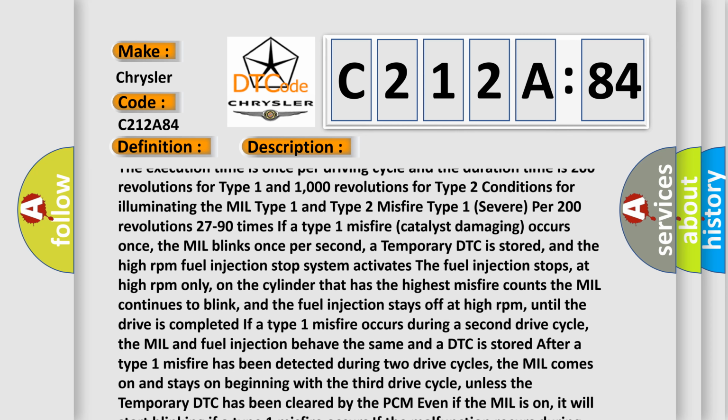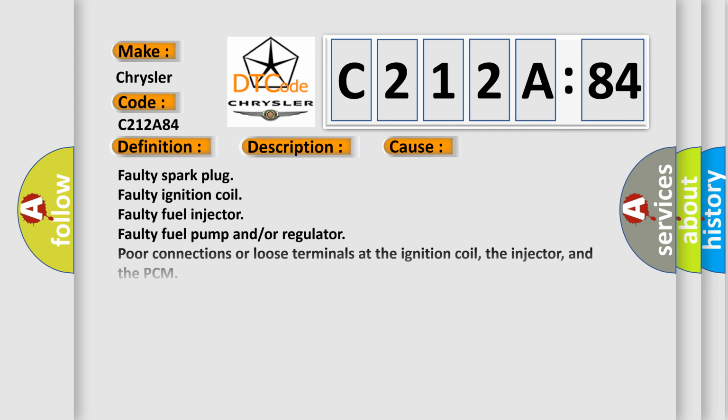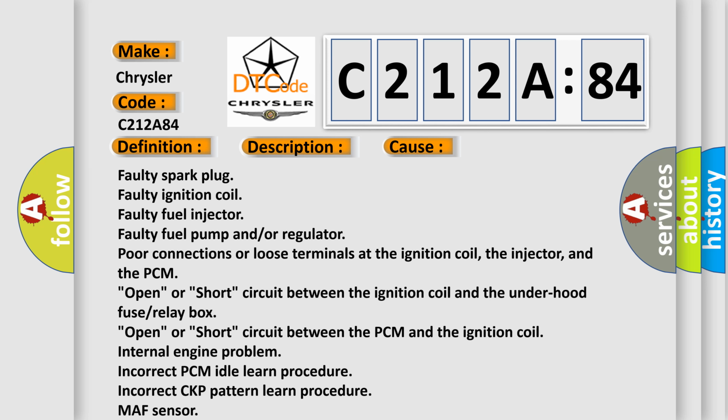Record all freeze data and any onboard snapshot. This diagnostic error occurs most often in these cases: faulty spark plug, faulty ignition coil, faulty fuel injector, faulty fuel pump and/or regulator, poor connections or loose terminals at the ignition coil, the injector, and the PCM, open or short circuit between the ignition coil and the underhood fuse or relay box, open or short circuit between the PCM and the ignition coil, internal engine problem, incorrect PCM idle learn procedure, incorrect CKP pattern learn procedure,